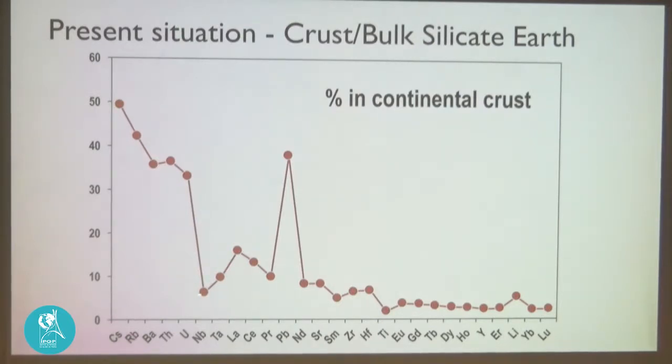But for a lot of elements here, the least incompatible elements, it's only a factor of 2 or 3. Some of them are very high, cesium. Here is a very high one as well, which is lead. So it is a high proportion, and this is why it's important for geochemical budgets, when we want to make the budget of what happened in the Earth over time.